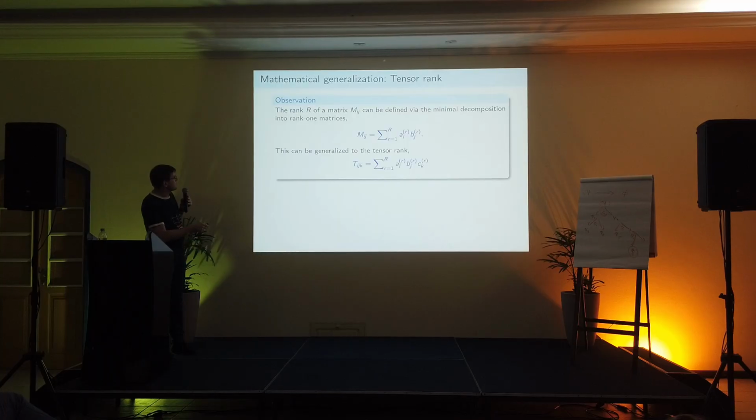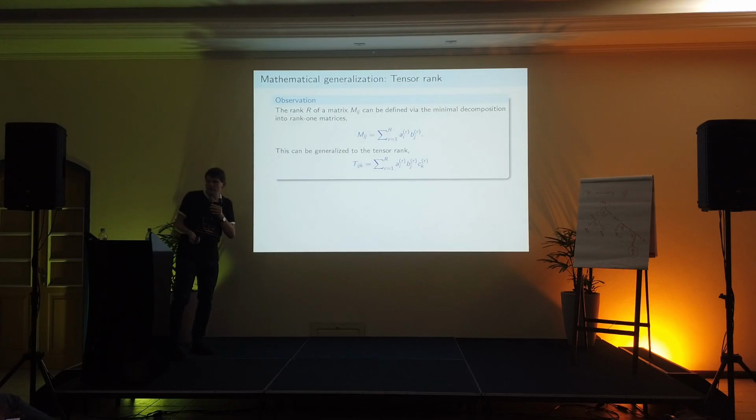If you have something like a matrix, you can define the rank of a matrix by asking, I want to decompose it into matrices of rank 1, which are some cross products of vectors, and I ask how many terms do I need. And you can easily see that this is nothing but the rank of a matrix. So in principle, if you have a matrix of rank 2, there are 4 vectors, 2 A's and 2 B's, and you can write them as a sum. Now we can just simply generalize it to